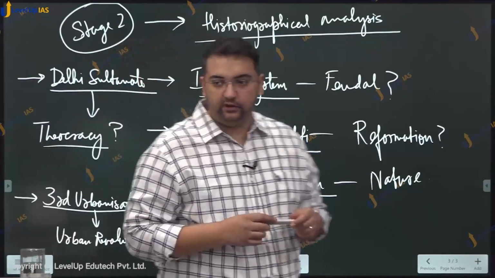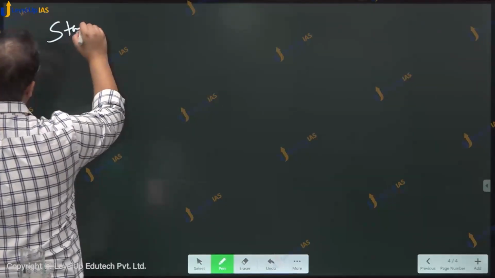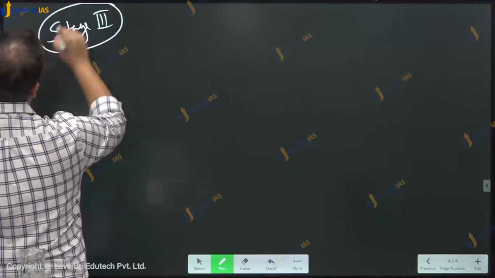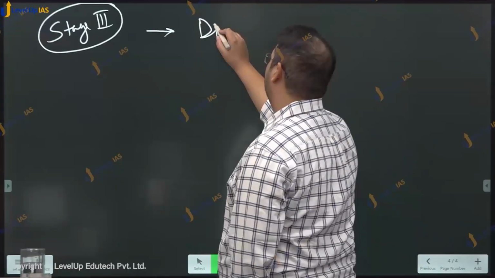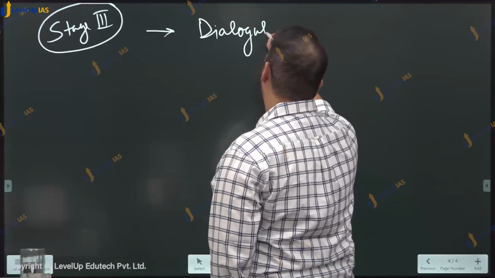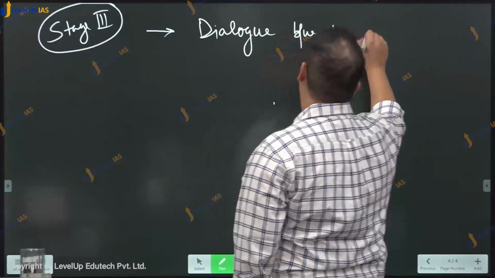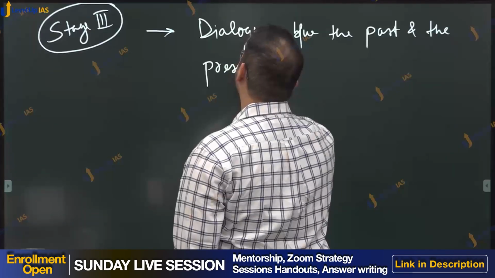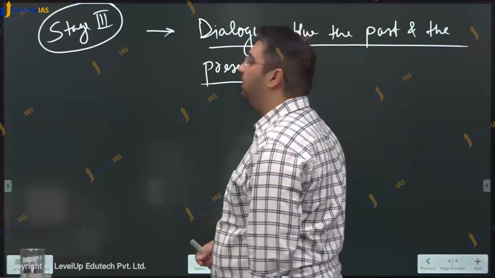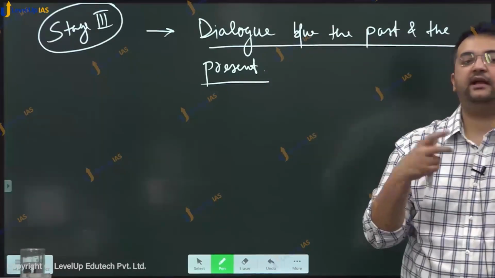The second stage is going to consist of this kind of historiographical analysis. फिर उसके बाद साथ साथ में we need to also step into the third stage of our preparation, wherein we will try to establish a dialogue between the past and the present. और better way to put it would be to establish a dialogue between different stages of the past for better understanding